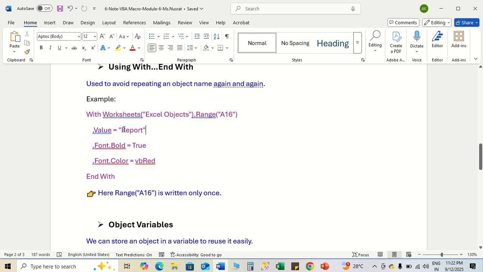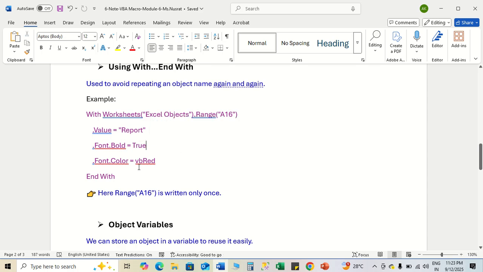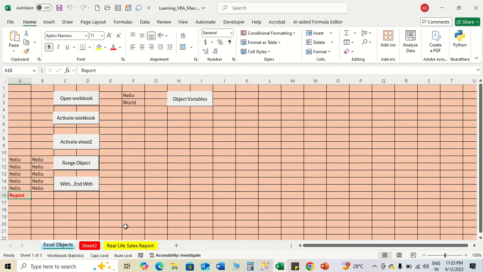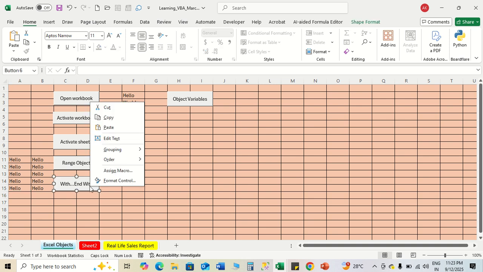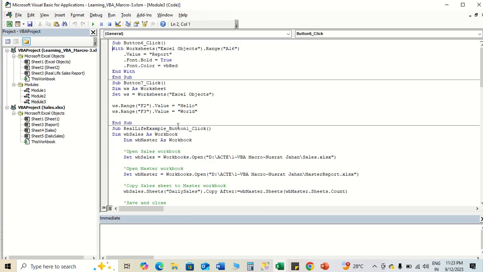So this word will be printed, and it should be bold. Yes, true. If you put false, it will not be bold. But here I am writing true, so it will make it bold. And then RGB red. If I make it green, it will change the color. End With. So just run this code here. It's already there, but let's check whether the program is the same. With worksheet Excel object dot range A16, then dot value equal to report, dot font